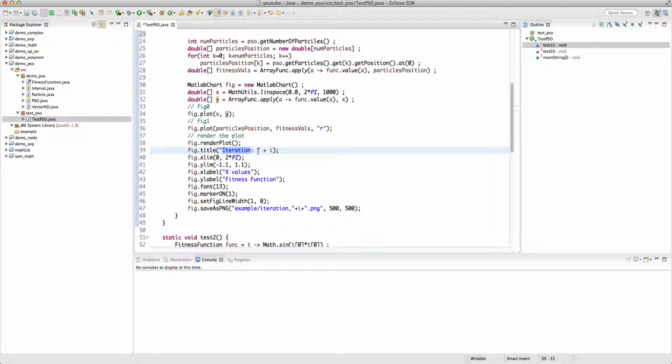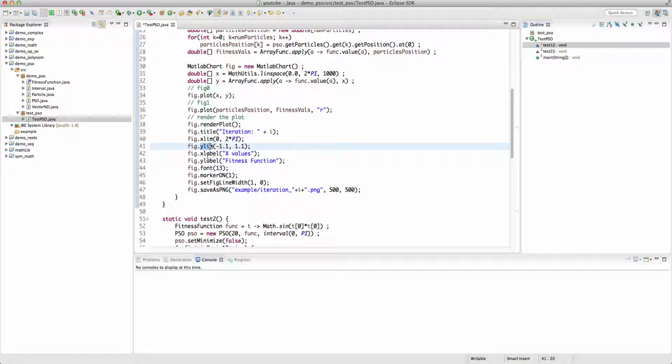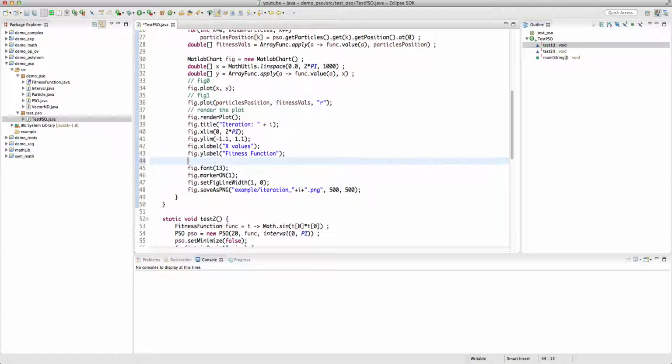Set the title to iteration I, set the x limit to 0 to 2 pi, set the y limit to minus 1.1 and 1.1, set the x label to x values, set the y label to fitness function, and the default font, I believe it's 9, the size of the default font. So if you call the font and pass in an integer, it assumes it's the font size. So I'm passing it 13, increasing the font size,